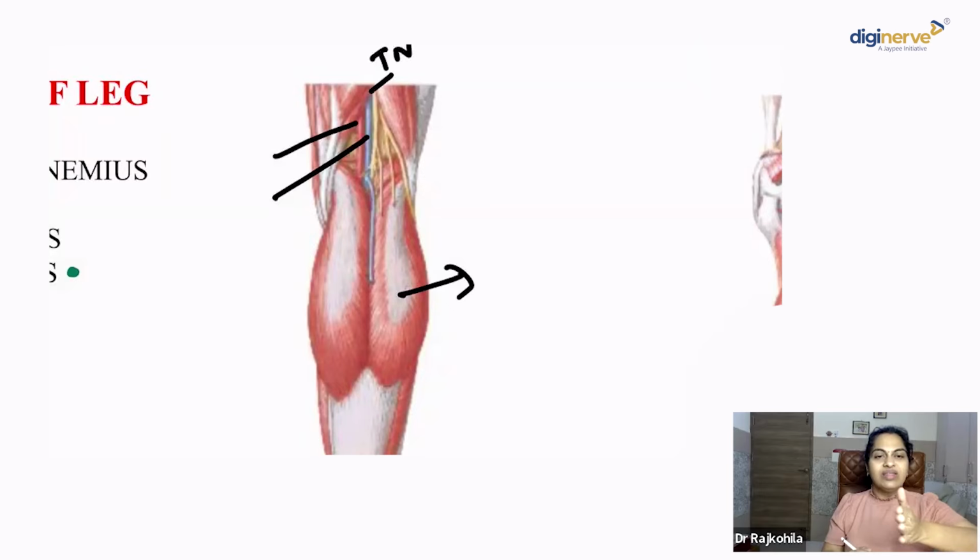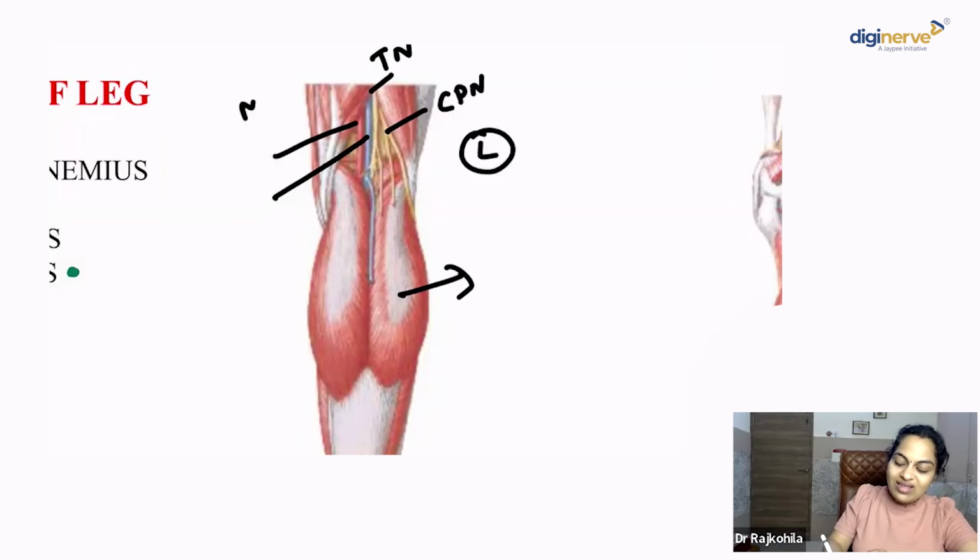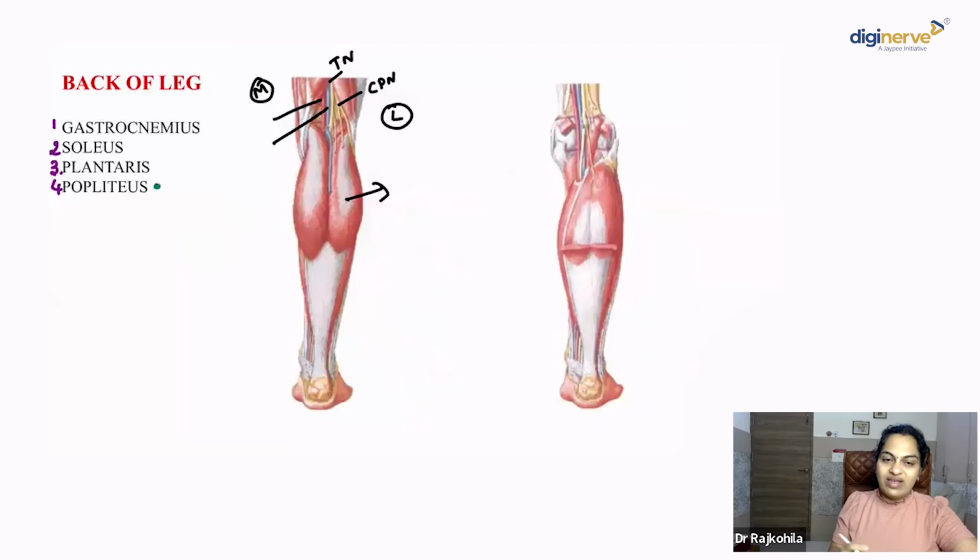Remember, the sciatic nerve is the thickest nerve in the human body, and we saw it in the back of thigh. At the upper angle of the popliteal fossa, the sciatic nerve is going to divide into two: the tibial nerve, which goes straight in the midline into the back of leg, and the common peroneal nerve that goes towards the fibula laterally, right? So this is the common peroneal nerve. So this is lateral, this is medial. This should be a great clue for you to identify these sites. This is the lateral head of gastrocnemius. This is the medial head of gastrocnemius.